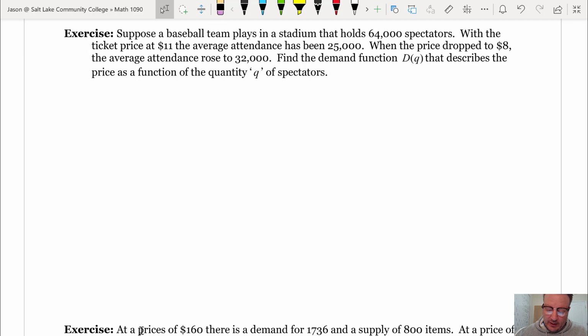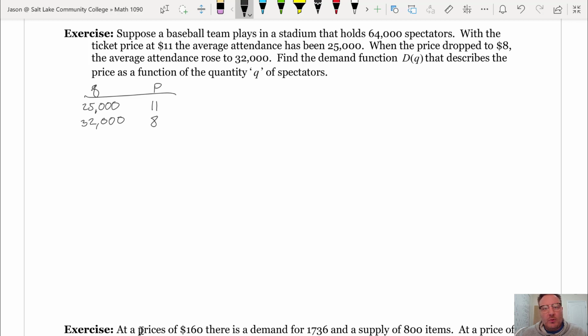Okay, so let's make a little table here that relates quantity and price. So we know that when the price is $11, the quantity of spectators is 25,000. And when the price dropped to $8, the average attendance rose to 32,000. Okay, so find the demand function that describes the price as a function of the quantity. So we have these two data points, and let's assume that the demand function is linear. It changes linearly with quantity. So how do we get a linear function if we have two data points? First, we want to get the rate of change, and then